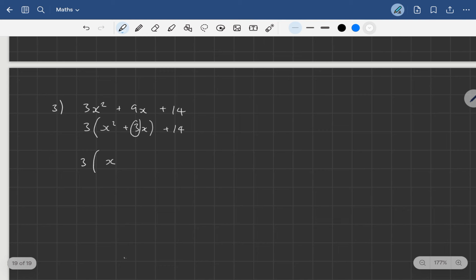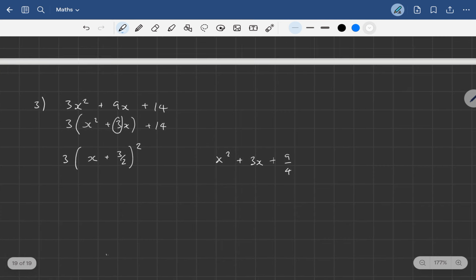So we do x plus 3 over 2 squared. Now we want to see what we subtract and add just to get the x squared plus 3x part. So let's expand this. We expand it, we get x squared plus 3x plus 9 over 4. If you're curious to see how I got that,